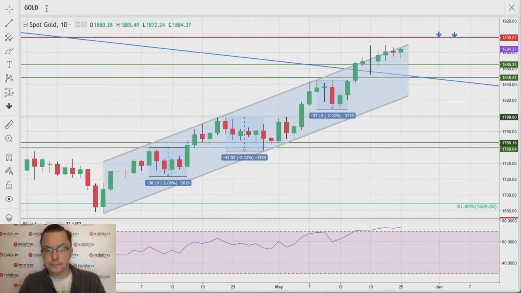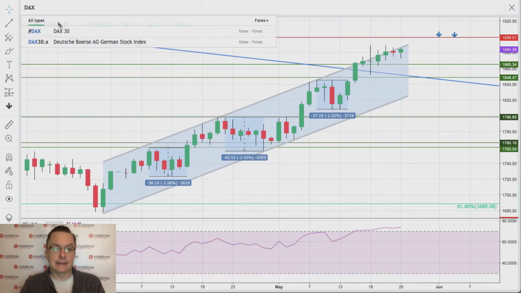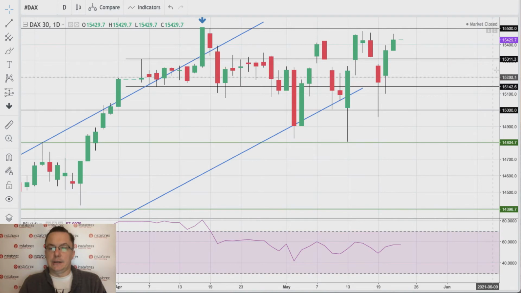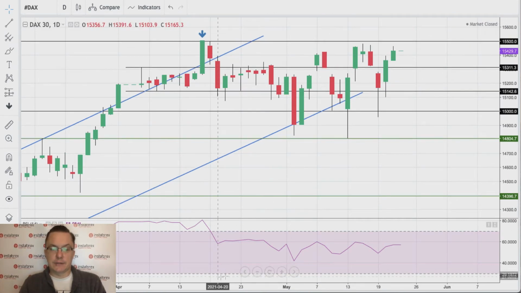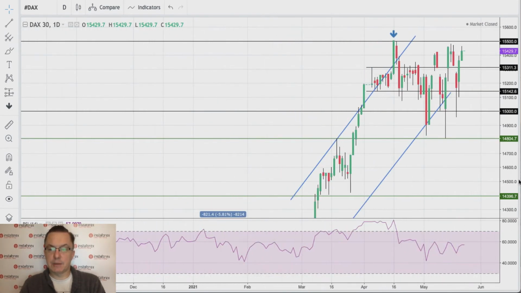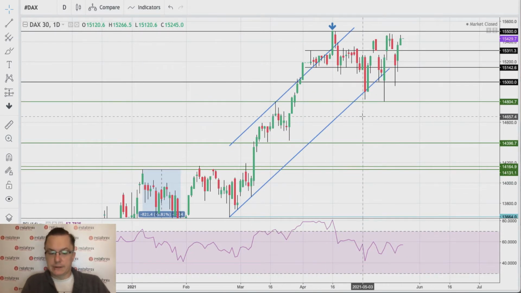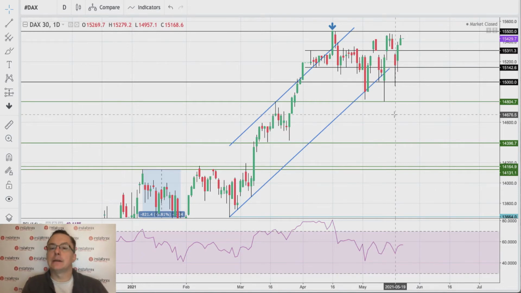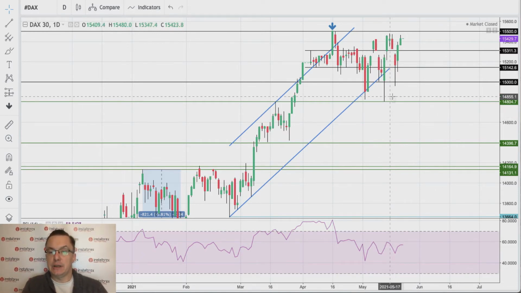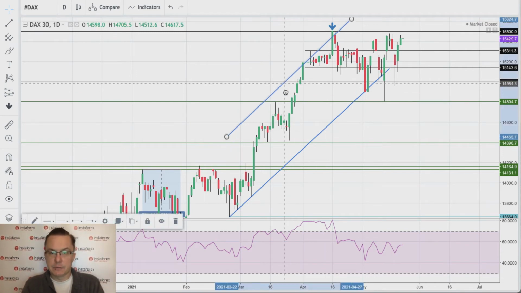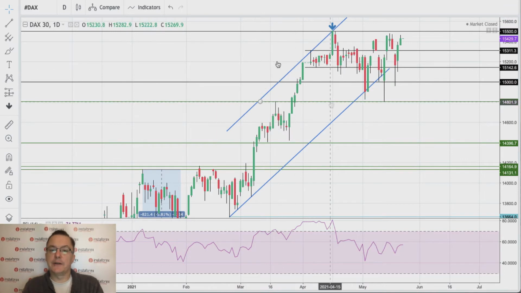And last but of course not least, let's take a look at DAX. The DAX 30 is our index of choice. DAX 30 German index, ahead of the German data. Please notice we are getting strong bounces, even despite the fact that the market is testing or sometimes getting out of this lower channel line. Right now we can even move a little bit higher towards the new data.